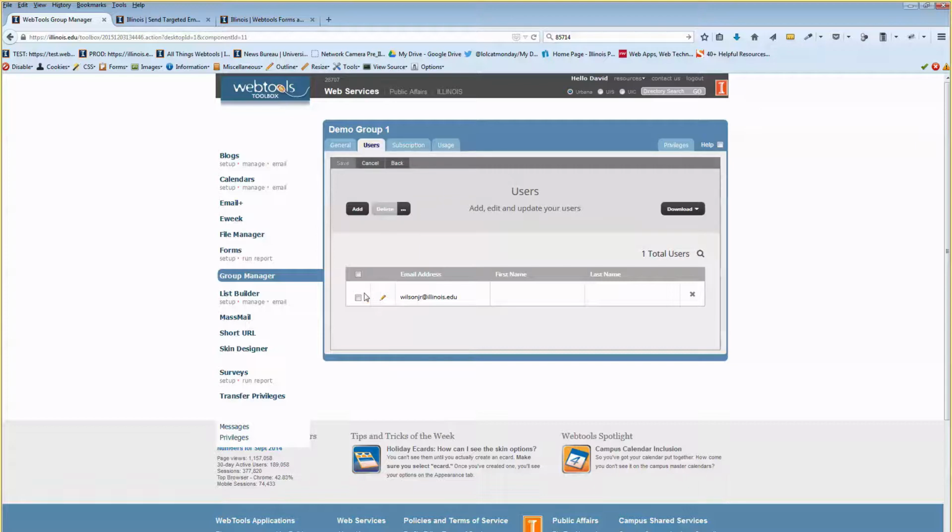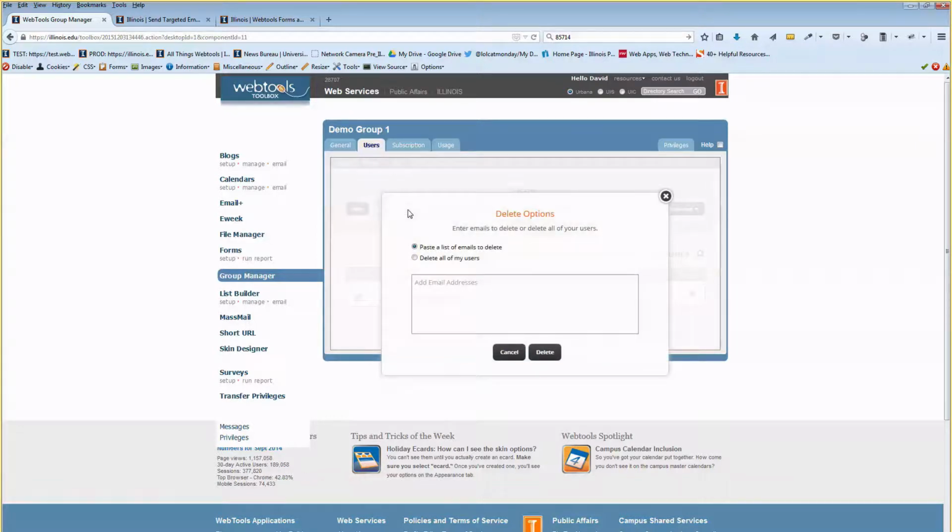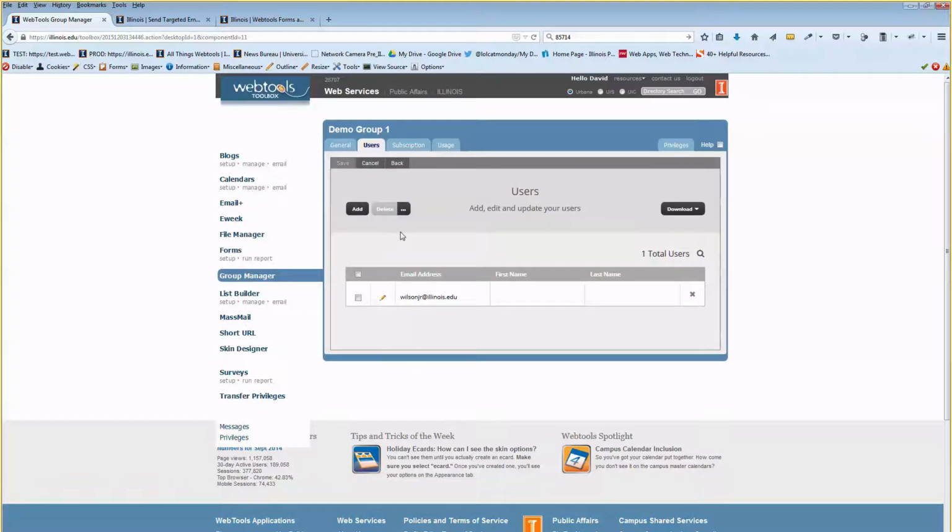There's also this: if I choose a checkbox, this delete highlights, and I can delete Jim this way, or I could delete multiple users this way. Or you can choose this ellipsis here. And if you have emails that are unsubscribes or blocked, bad email addresses that have been called out in Email Plus, you can copy and paste them in here, and basically paste a list of emails to delete. You can just paste a bulk set of email addresses and delete them. So that feature is there for you too. There are multiple ways to go about deleting to make it convenient. Okay,